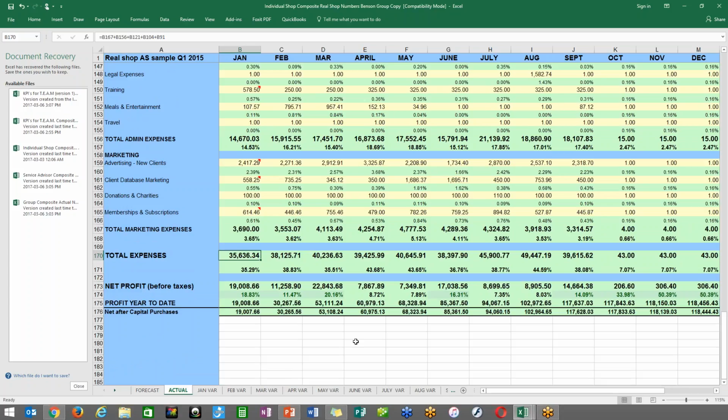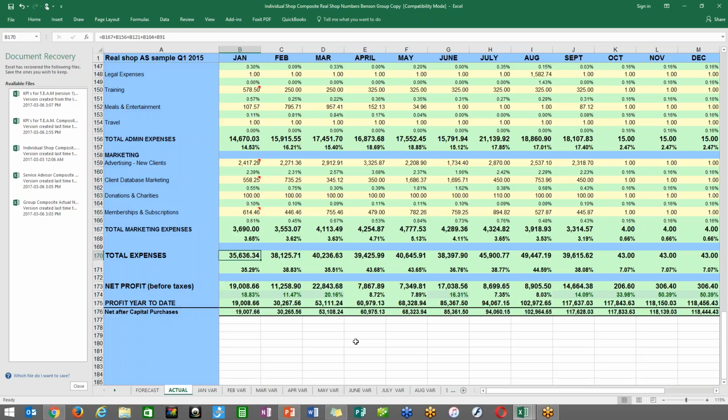Down here we see the total expenses, so we see the $35,636, or 35%. Our benchmark, as we mentioned in the first class, if our gross profit is 60%, our expenses would be, sales would be $1 for every dollar that comes in the door. For every dollar that comes in the door, 40 cents you go to pay for what you sold, leaving you with a 60% gross profit, which is what we just showed here. Your expense benchmark is 40%,